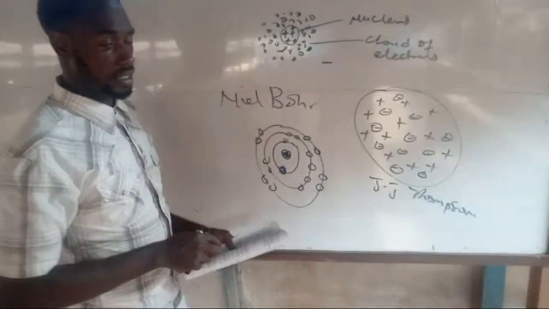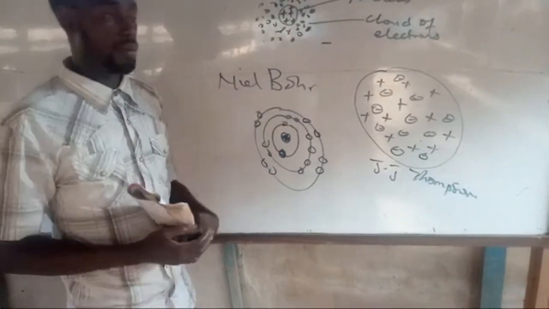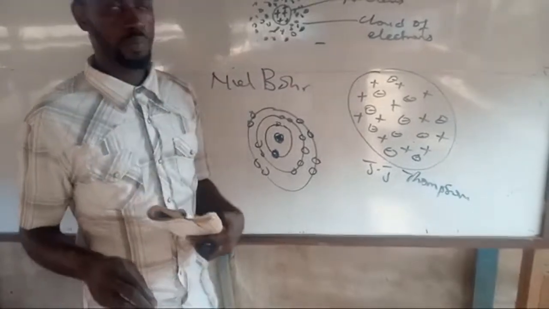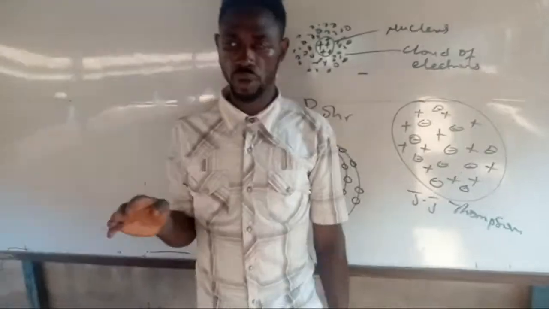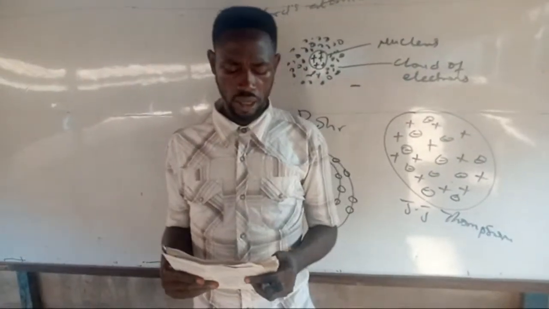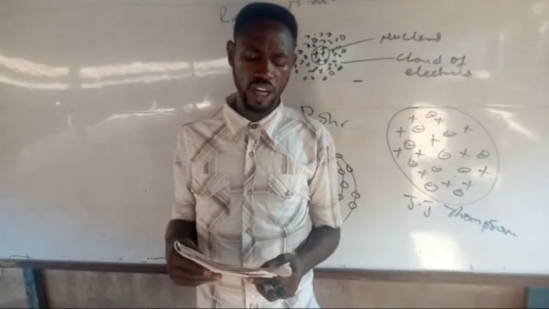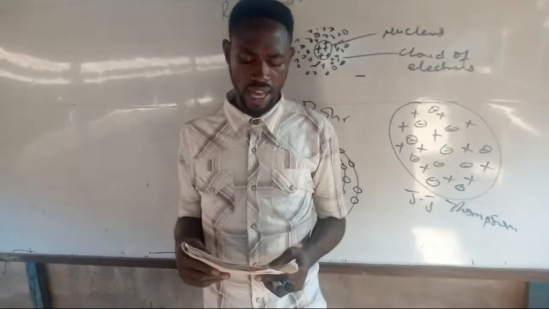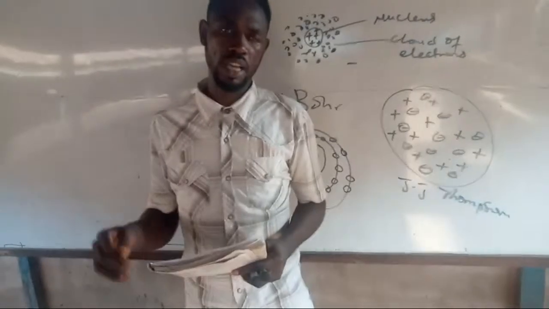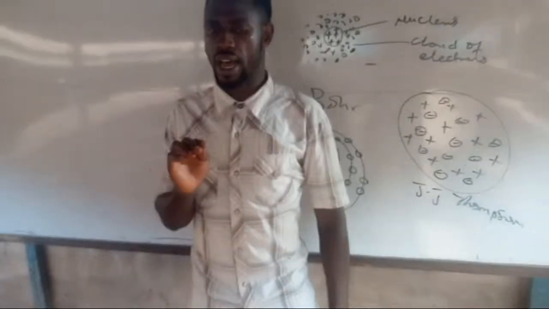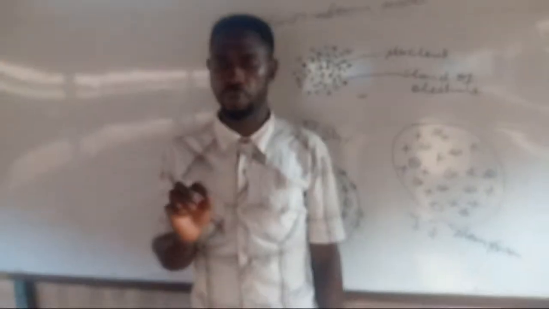You know that atomic number is actually the number of protons only in the nucleus of an atom. The proton only is just the atomic number. Then the number of protons and neutrons in the nucleus is the mass number. In other words, the mass of the nucleus is the mass number, but the mass of the proton alone is the atomic number.